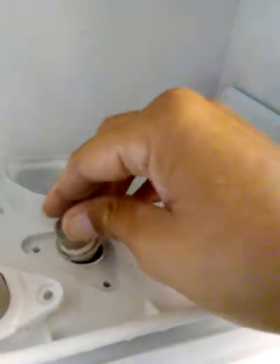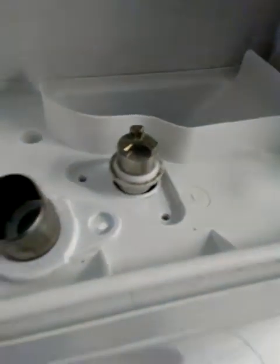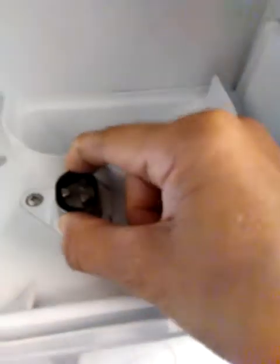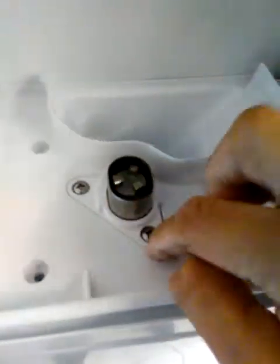I'm working with one hand, so give me a second here. Basically, you're gonna just put this over here, over this thing here, and you're gonna secure with the 2 screws there. So let me go ahead and do that. Okay, so now this piece is secured. I got the 2 screws. All I have left now is